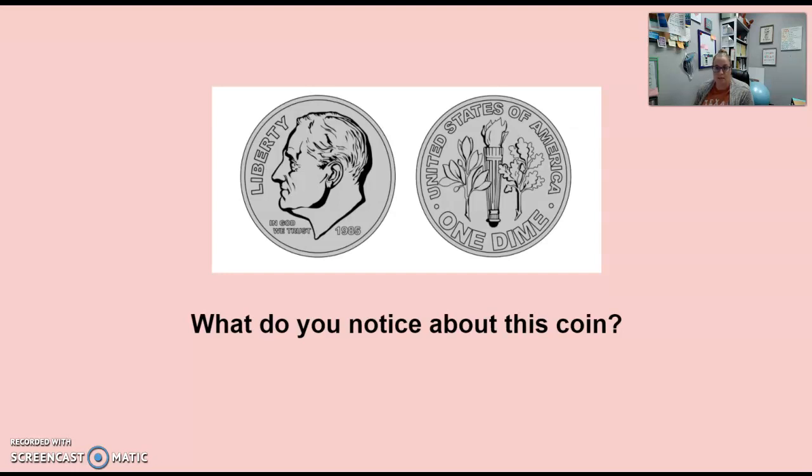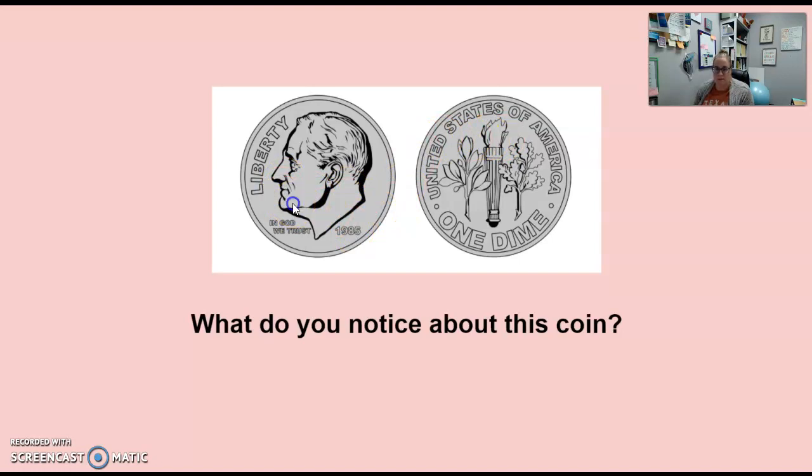Eyes and ears on me. Thank you very much. All right, what do you notice about the dime? I agree, it is silver in color. What else do you notice? I also agree, I see lots of different words. What else do you see? Yeah, I see a picture of somebody's head also. Do you notice anything else? I agree, there's some plants over here, and this is called a torch, so it kind of looks like fire at the top. So let's actually look at this really, really closely, and let's write down everything that we notice